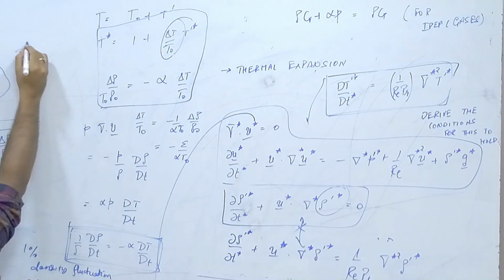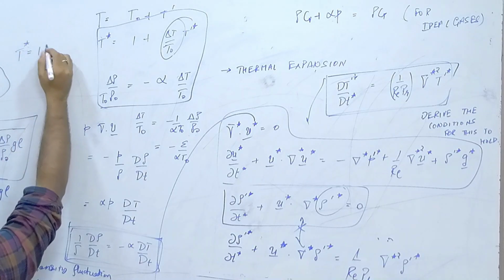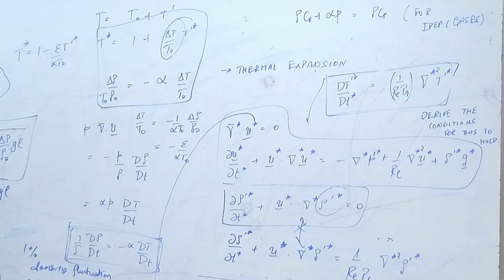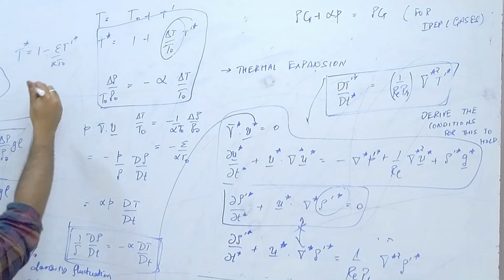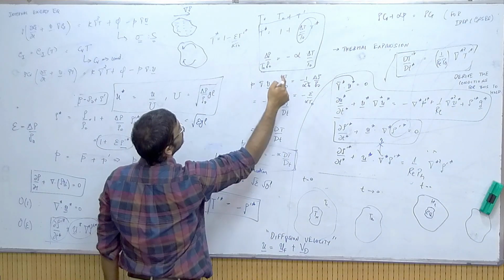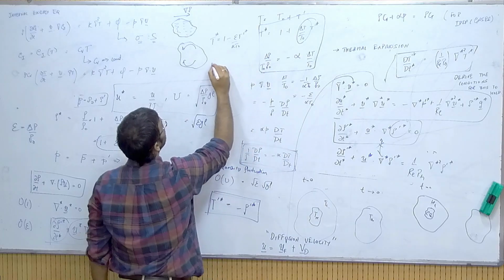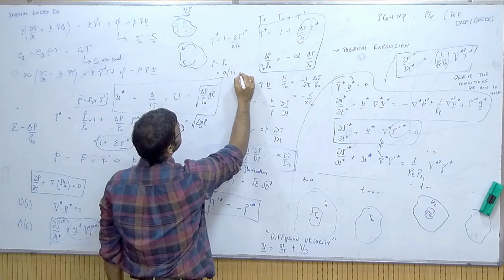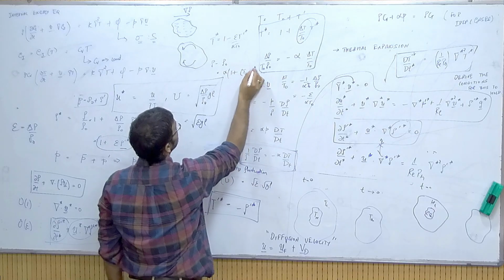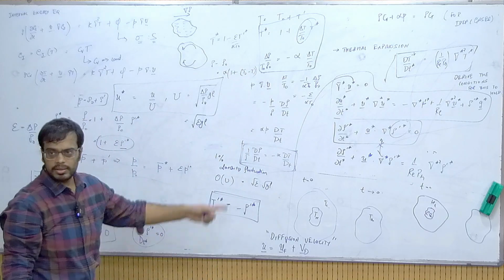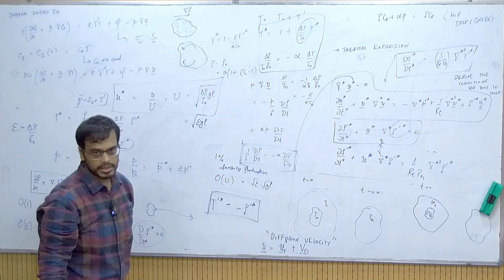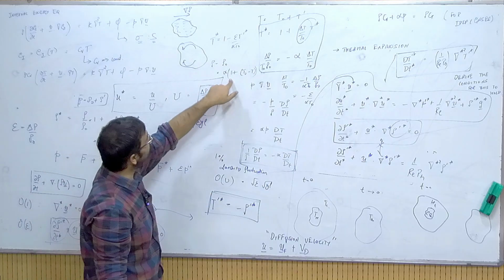So you can write that T star is 1 minus epsilon by alpha T naught times T prime star, and from here and the definition of alpha, where alpha is defined using this relation again, that rho minus rho naught will be equal to alpha times 1 plus T naught minus T. That is the basic thermal expansion relation. So when you substitute that here, you will get that,